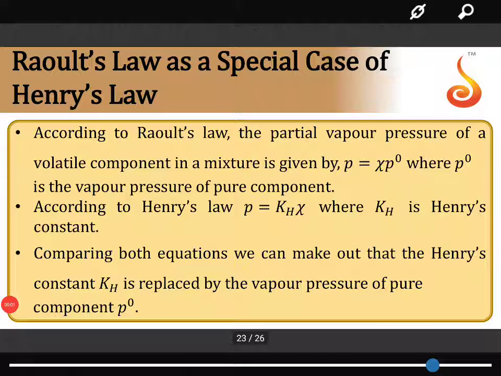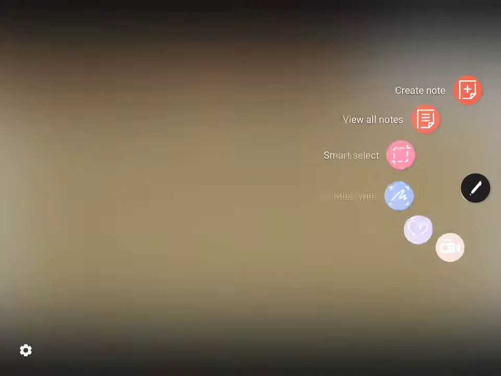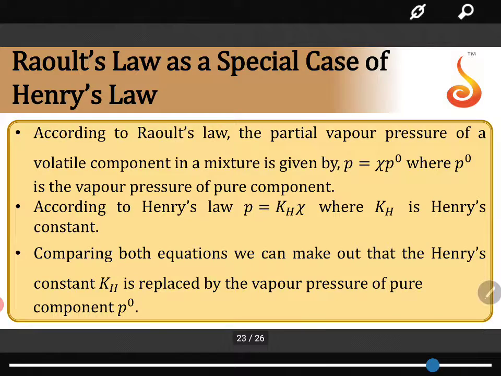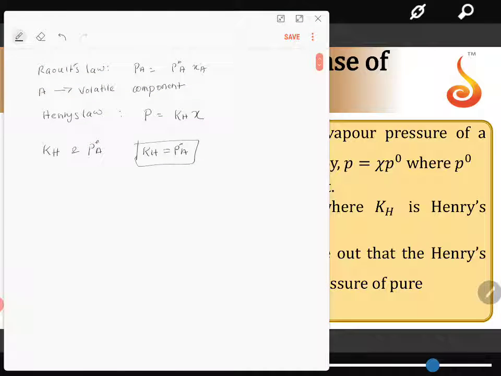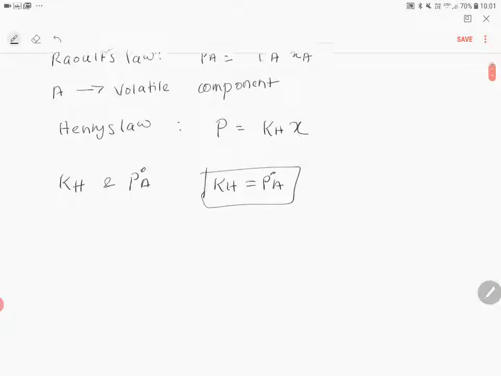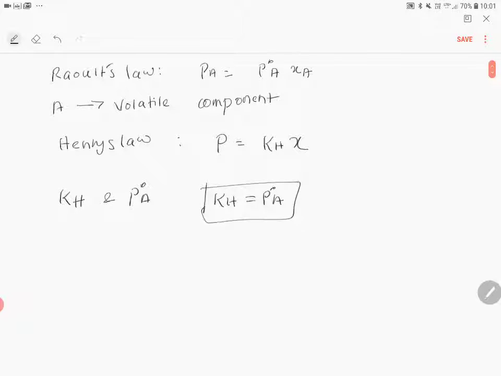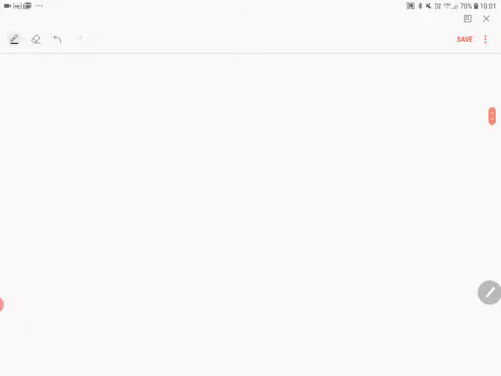Continuing the discussion of the previous video where we discussed mathematically how Raoult's law can become a special case of Henry's law. So we are continuing the discussion here. This is what we discussed in the last video comparing the mathematical equations. In practice, if you consider a solution